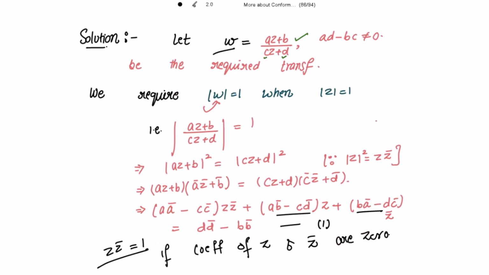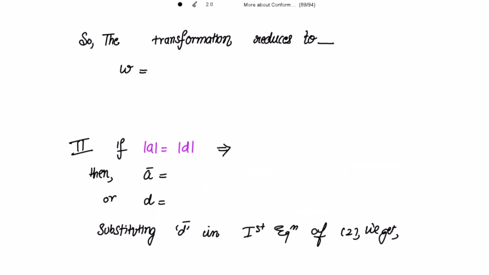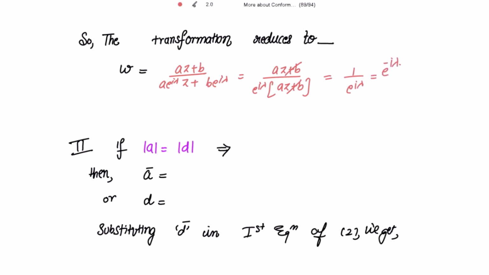So this transformation reduces to, for mod a equal to mod c, the transformation reduces to w equal to az plus b divided by cz plus d. What is the value of c? It is a e to the power iota lambda, and the value of d is b e to the power iota lambda. So this becomes az plus b divided by, taking e to the power iota lambda common from the denominator, az plus b, which cancelled out, and this is 1 over e to the power iota lambda, or it can also be written as e to the power negative iota lambda. Yes, so the transformation reduces to w equal to e to the power minus iota lambda, which is